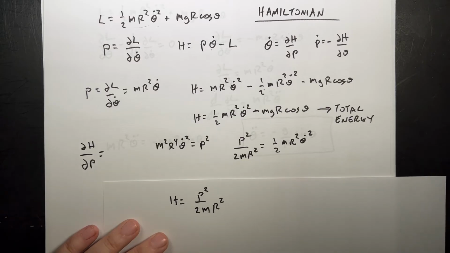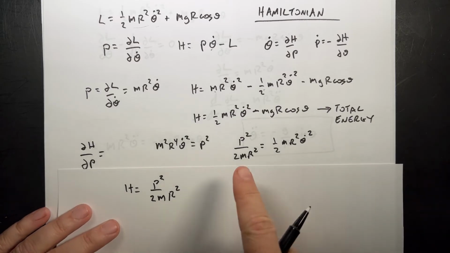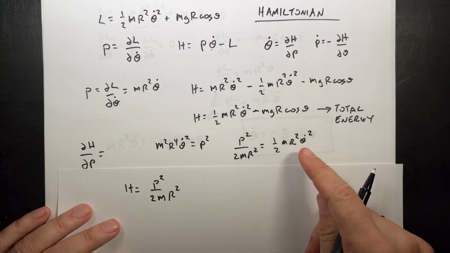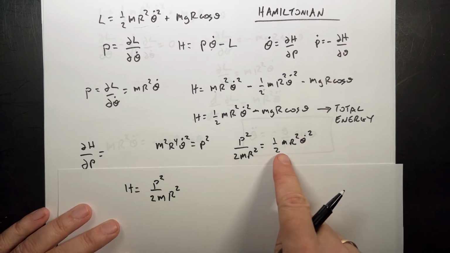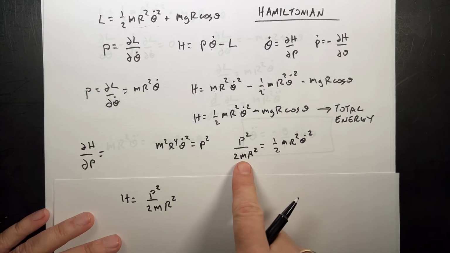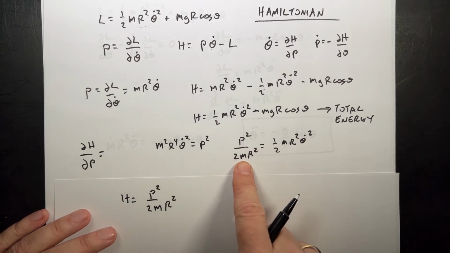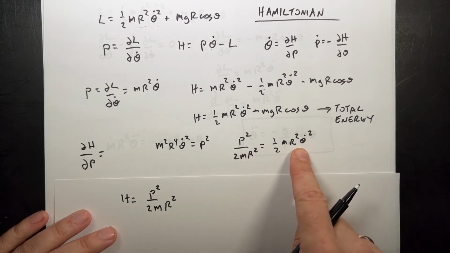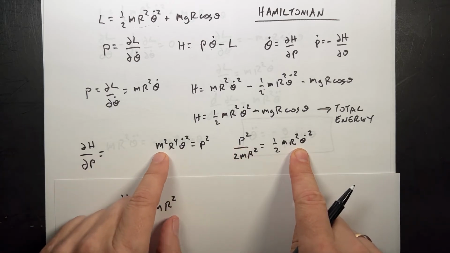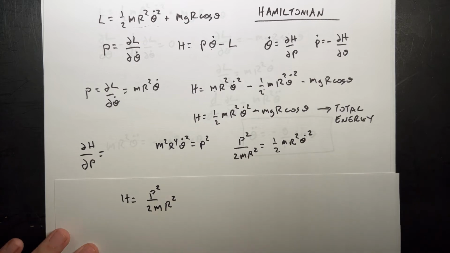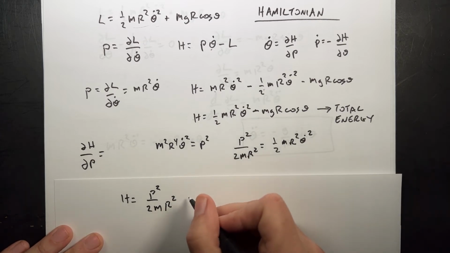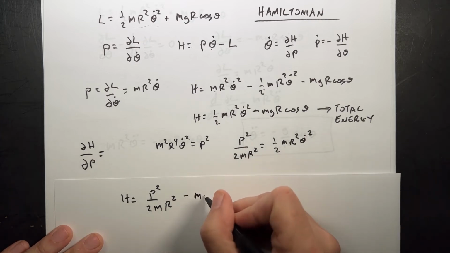I'm looking at my notes. Okay, let's just double check. So p squared divided by 2mr squared, is that right? Yeah, got it, okay. Minus mgr